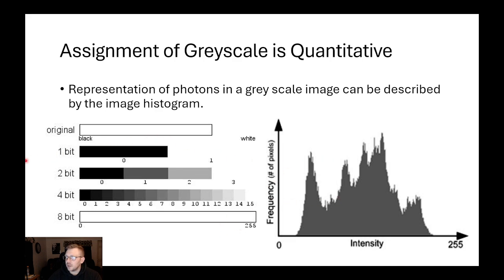Now an 8-bit image is going to have 255 gray levels assigned to it. A 16-bit image is going to have something like 64,000 gray levels assigned to it. We're going to stick with the simpler math for now. So when you look at the image histogram, the first thing you're going to notice is that on the y-axis